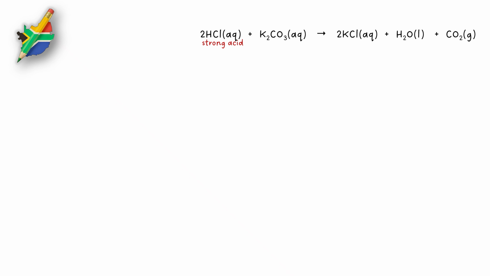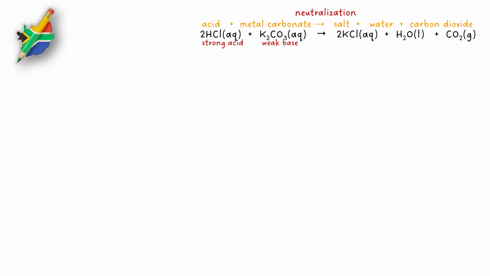Specifically, hydrochloric acid is a strong acid, which means it dissociates fully in solution. And we are told potassium carbonate is a weak base. We saw in the previous video that weak bases dissociate only partially in solution. Now this weak base is a metal carbonate. When an acid and a metal carbonate react, a salt, in this case potassium chloride, water and carbon dioxide are